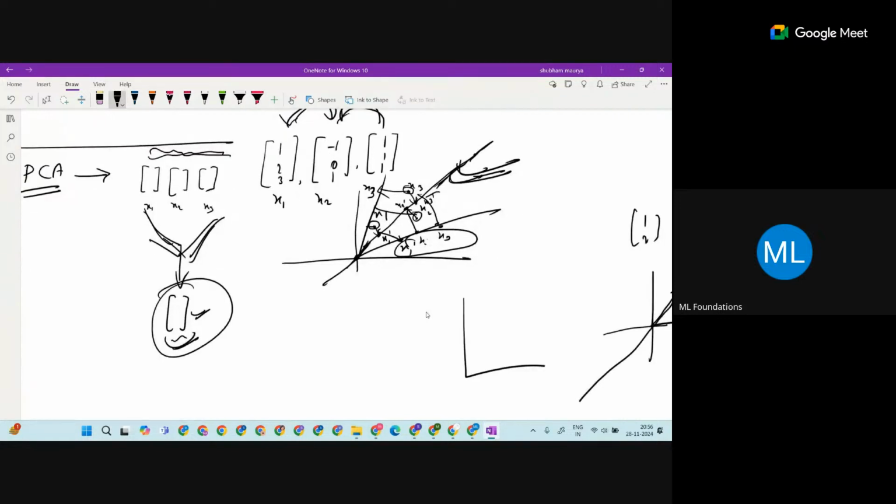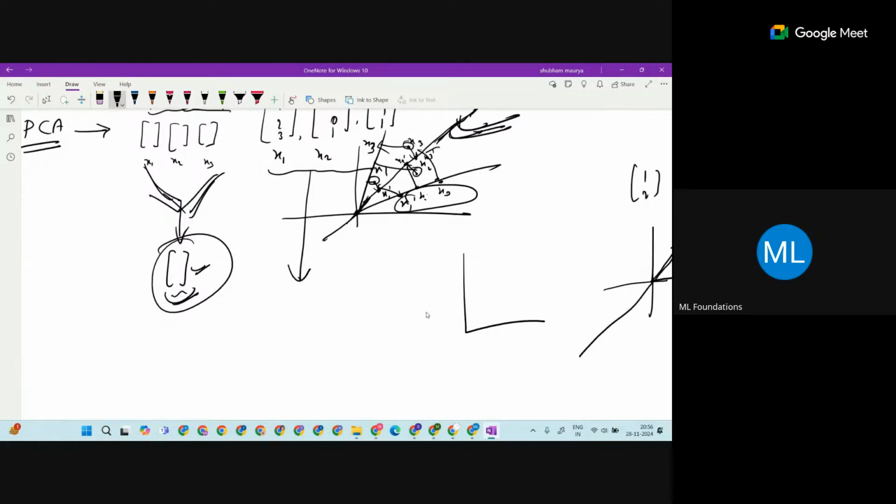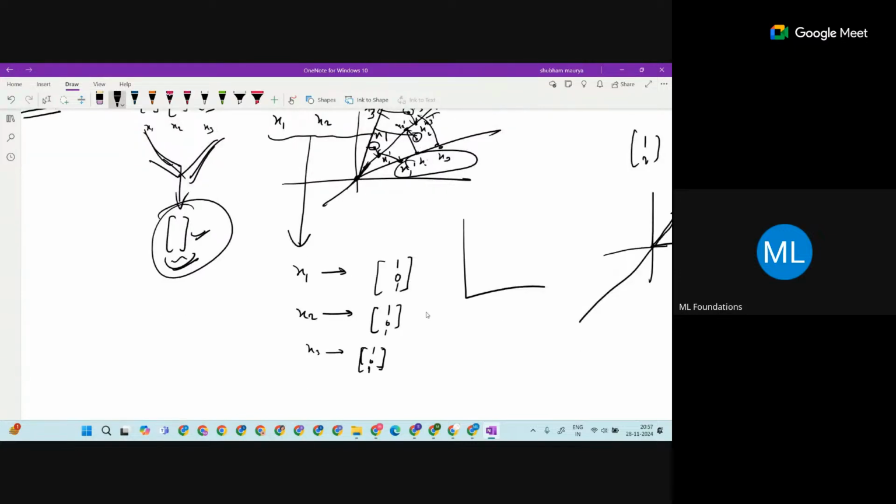Now I am projecting all three data. You know the projection. Here I am projecting x1 onto, let's say, (1, 0, 1), x2 also onto (1, 0, 1), and x3 also onto (1, 0, 1). All three, x1, x2 and x3, I am projecting onto this single vector. That is the simple projection I'm doing.